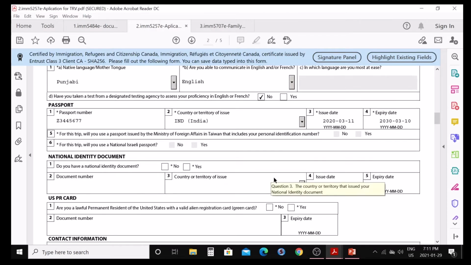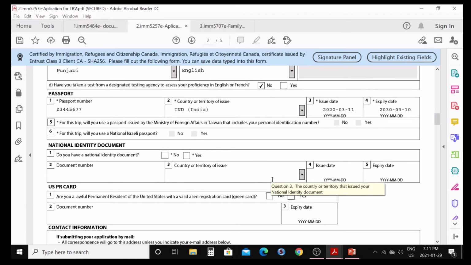Then national identity document. Do you have a national identity document? Yes, you need to provide a national ID document. That is your passport also, but you can use your Aadhaar card also. So whatever document you are using, you will say yes. Write your document number here. Suppose I will write something.